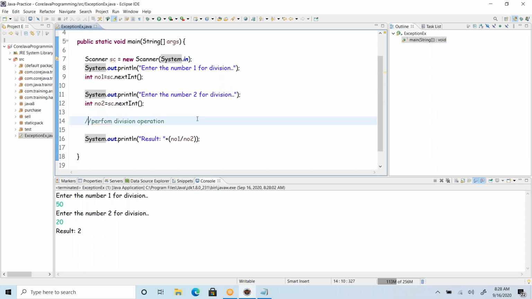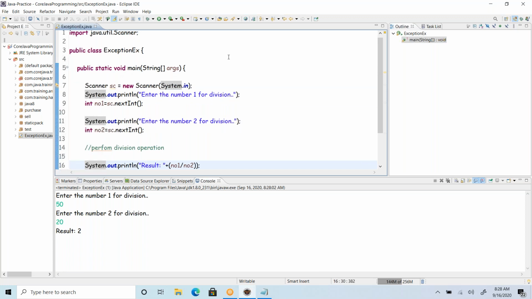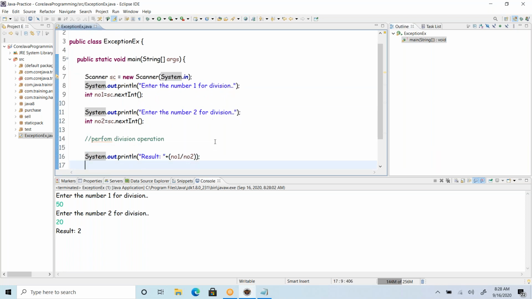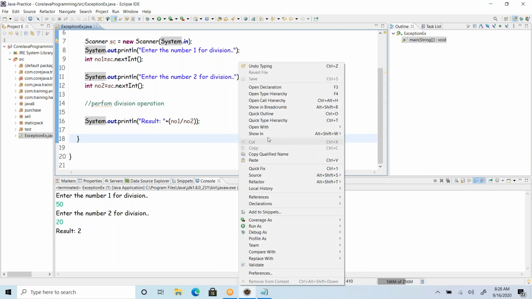Right. Now this works well, and I have pushed this code. I have committed this code, and the testing team has also tested a couple of scenarios, and they have passed it. It went live. Just imagine that it's live, so lakhs of users are going to use the division operation as part of their calculations. So all of a sudden, some user, without knowing it, enters a value,